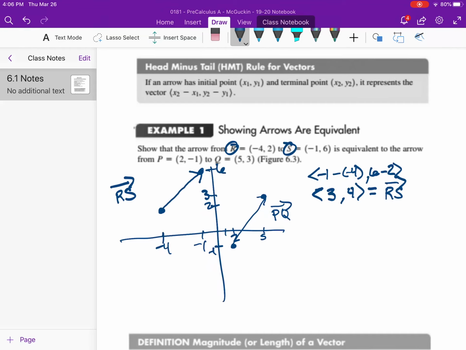Now we can do the exact same head minus tail rule with our vector PQ to see that they are equivalent to one another. So we take 5 minus 2, head minus tail, and 3 minus a -1. And of course, we still get the exact same thing, 3, 4, which is also equal to vector PQ. And that is how we can show the length of a vector and direction of a vector, and show that they are equivalent by using our head minus